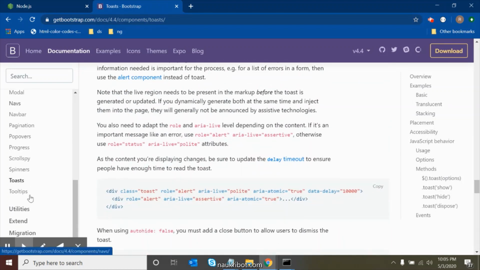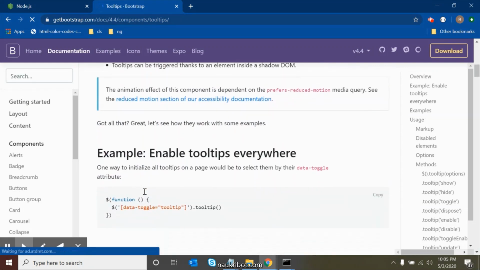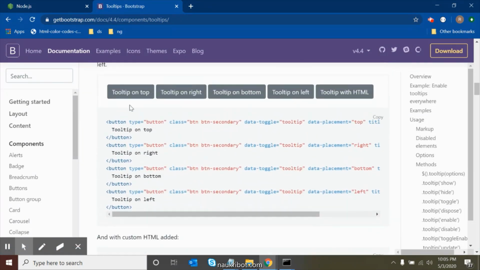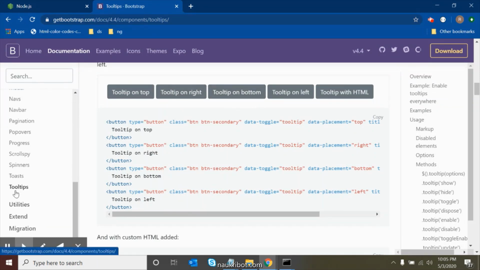Now we will see the next thing, tooltips. So these are the tooltips. When we hover, this will show up like this pop-up. After that, we have some utilities also,